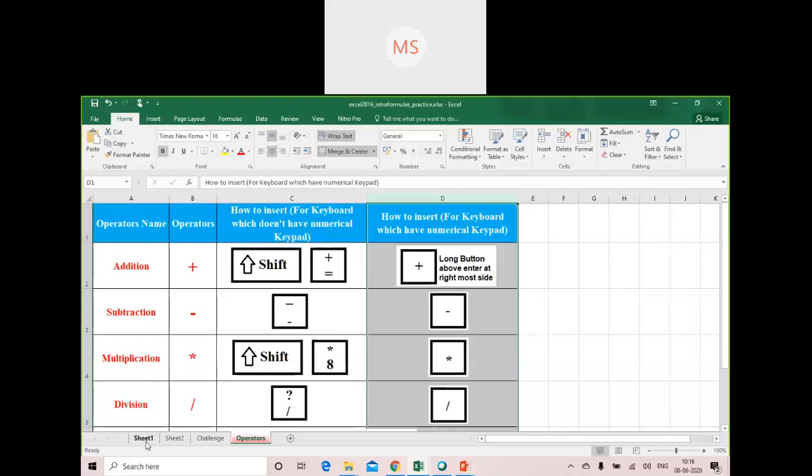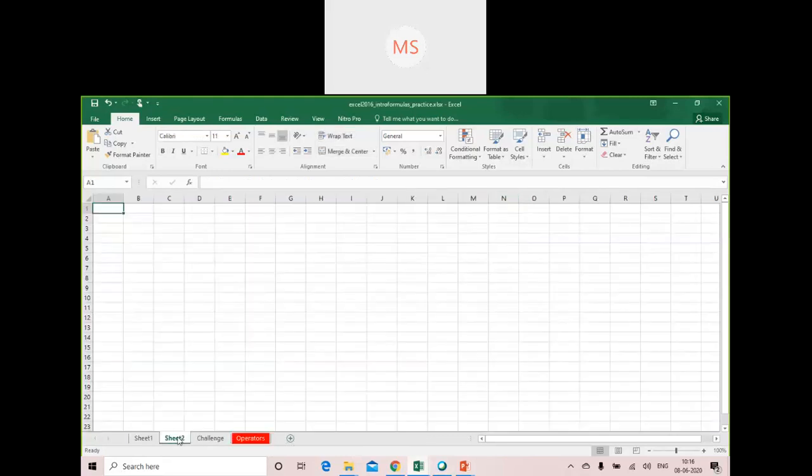All formulas in Excel begin with the equal sign. Means if you want to create a formula, you always have to begin with an equal to sign, like equal to 2 plus 2, it becomes 4. The moment you type equal to sign, you can see that it is also visible in the formula bar along with the cell. Whatever formulas you want, you can put that, like 5 into 7, that is 35.